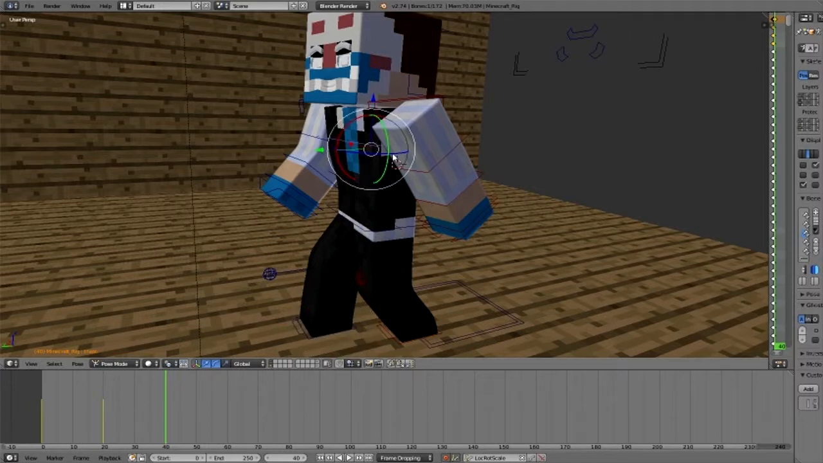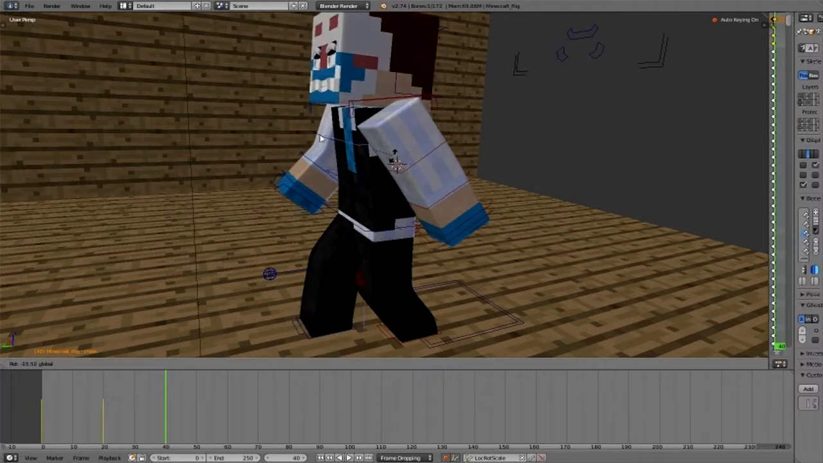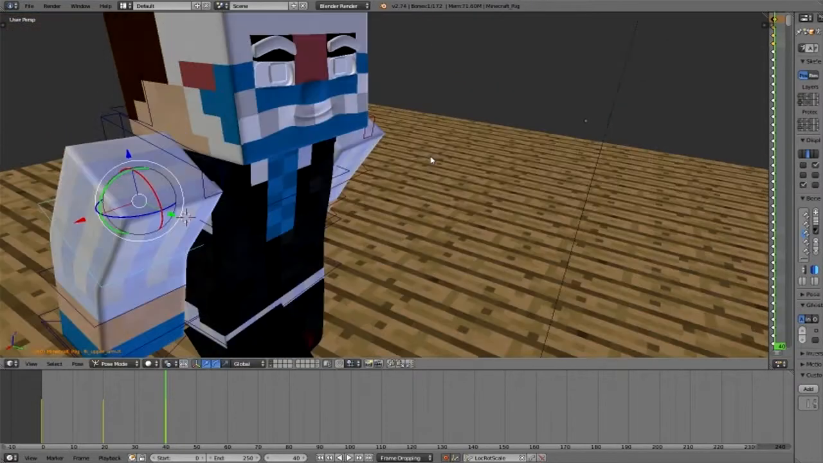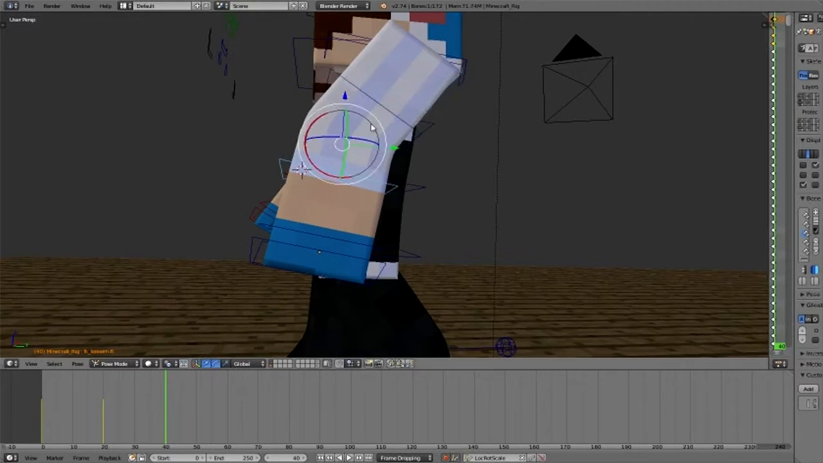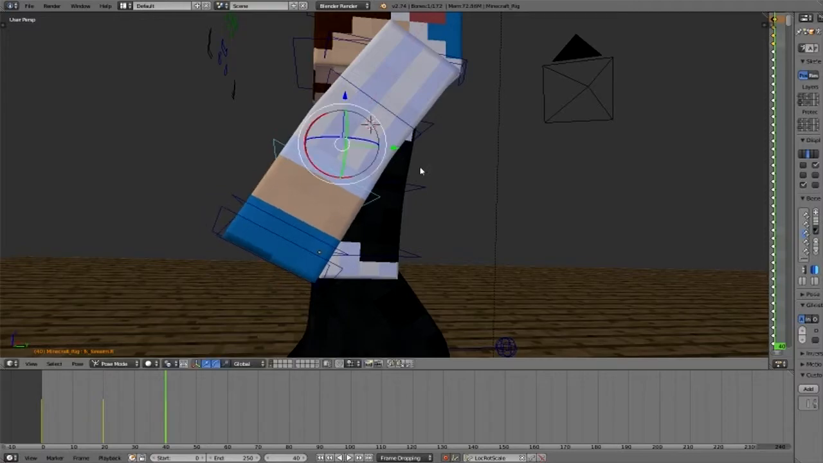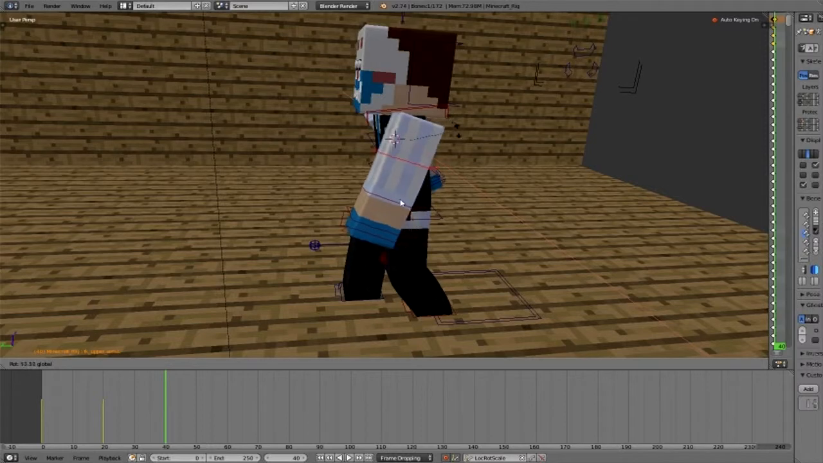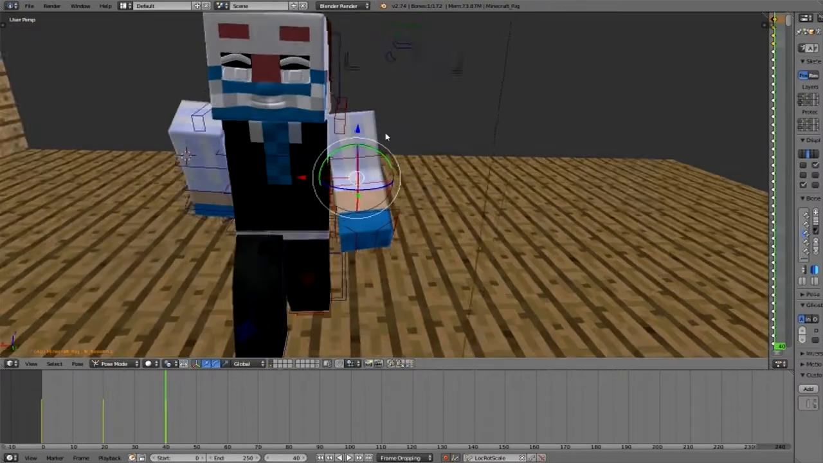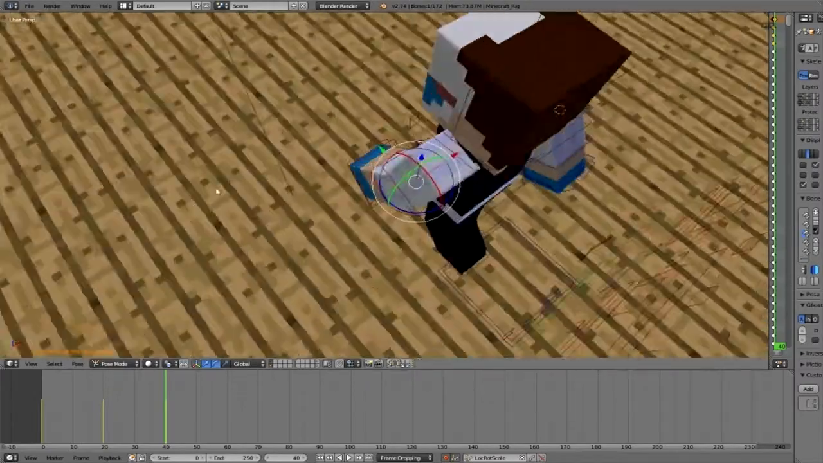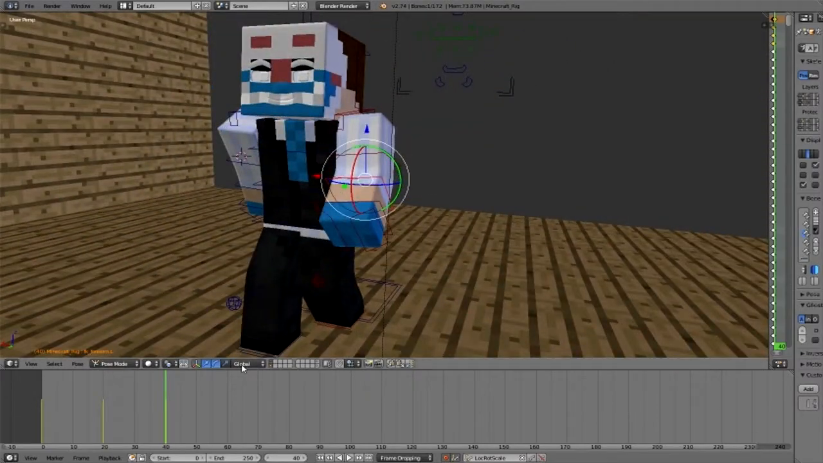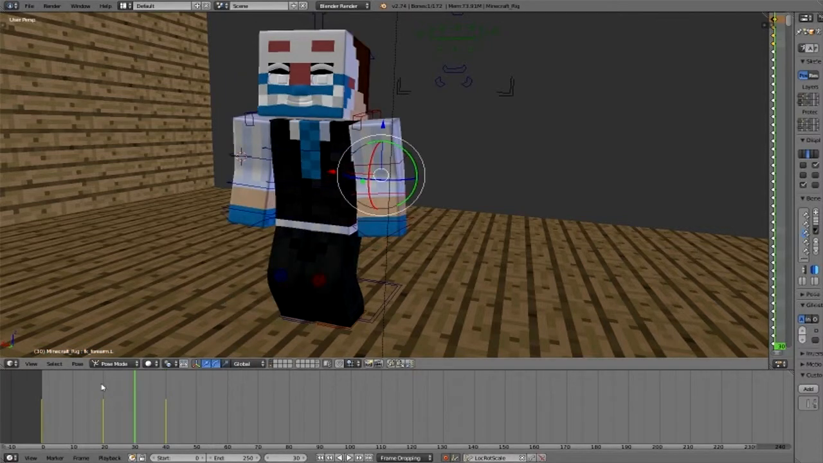And now we're going to shift this the other direction a little bit. Turn the arm back. Straighten it out. Like so. Move this one forwards. Make sure the head is looking the way we want it to look. I think we're okay. Then we're going to go back to 30, which is the halfway point between the two